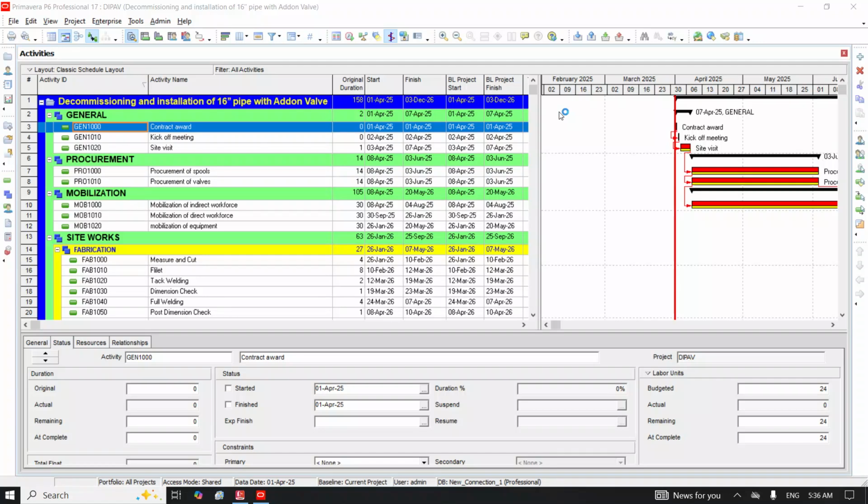My name is James Okiri, and today we are going to look at how to create an S-curve. In order to create an S-curve, we have divided this session into 6 steps. Step 1, we are going to export our data from P6 to Excel. Step 2, we are going to clean our data to remove all irrelevant columns. Step 3, we are going to rename our data headings, and